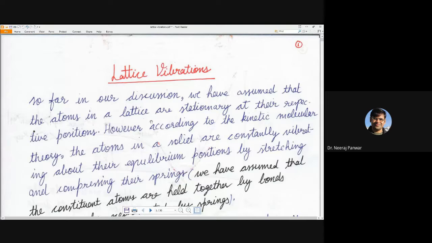So today we are going to start our second last unit, that is sixth unit, and it is on lattice vibrations. So far we have studied about the band theory of solids, in which we discussed that an electron moves under the influence of a periodic potential generated by the positive ion cores, which are located with respect to